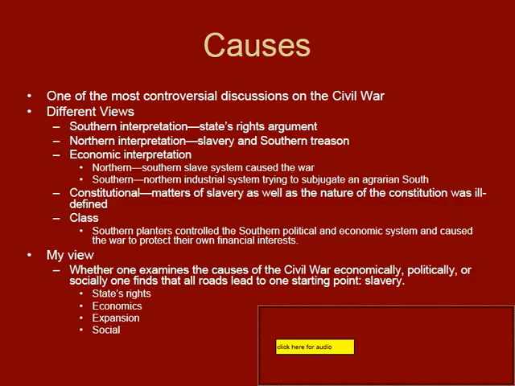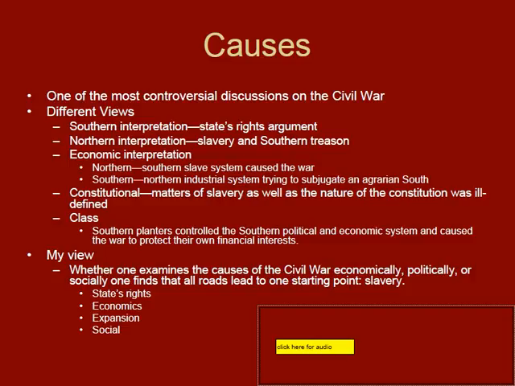Socially, Southerners and Northerners were equally racist, but socially, the South had no plan or way of integrating African Americans into society as participating citizens on somewhat equal footing. So in the end, in the final analysis, when one looks at it, I believe that all roads lead to slavery. When one asks what caused the Civil War, quite simply, it was the institution of slavery as an unresolved problem